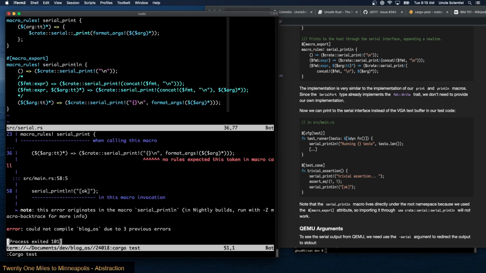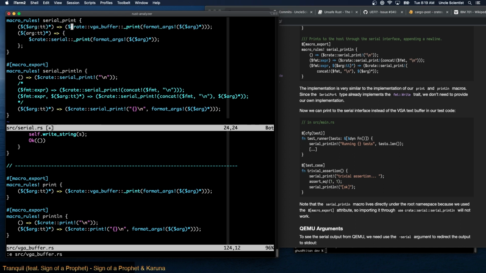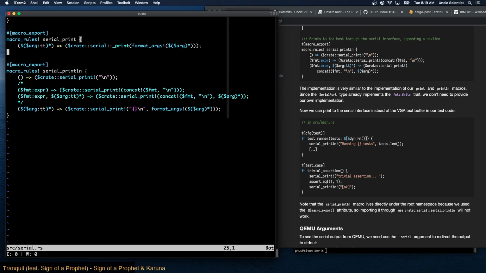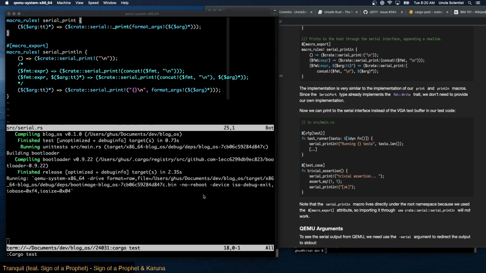All right. No rules expected this token. Okay. So it must be this, right, that I'm failing on? Let me copy this and put it here, and then change VGA buffer to serial, and delete. Okay, so I must have had a typo there. And let me see what the typo was. Oh, well, it's still